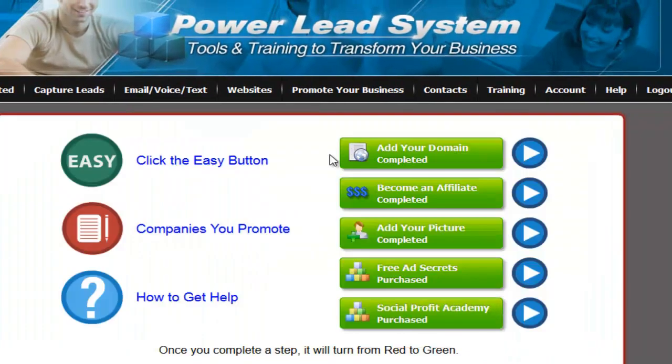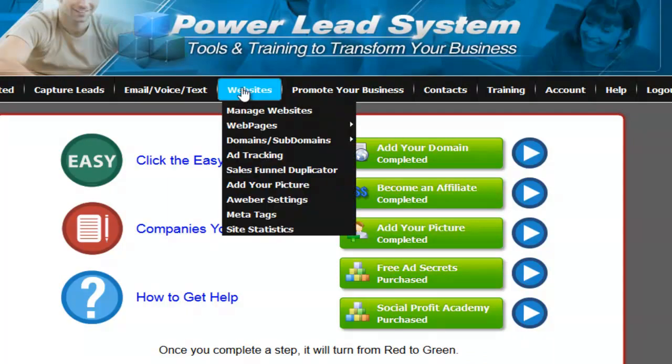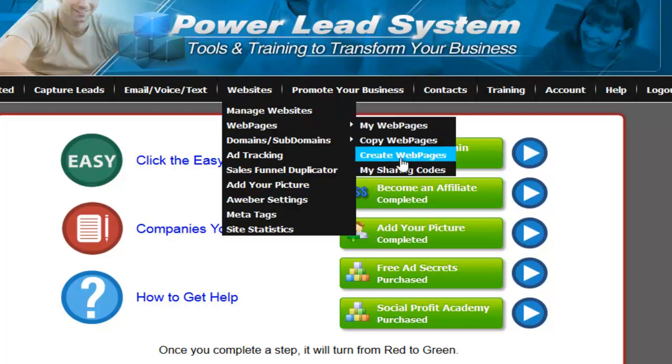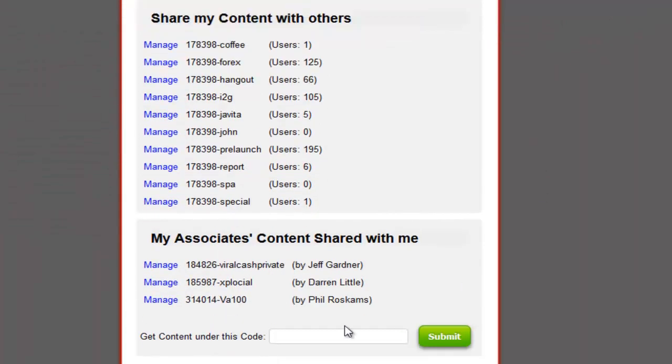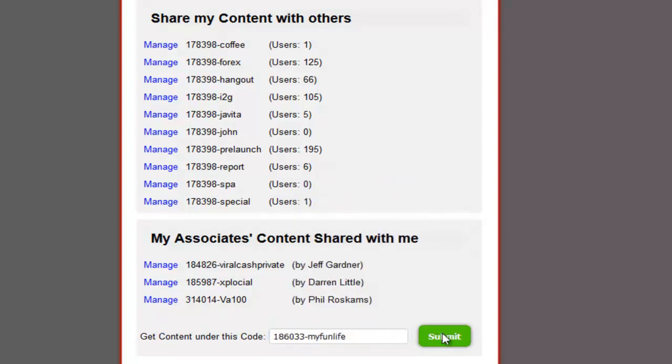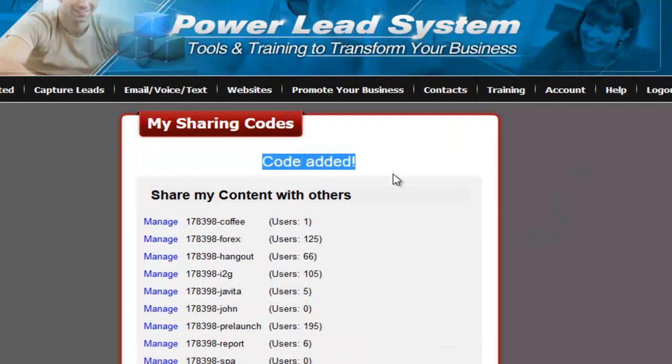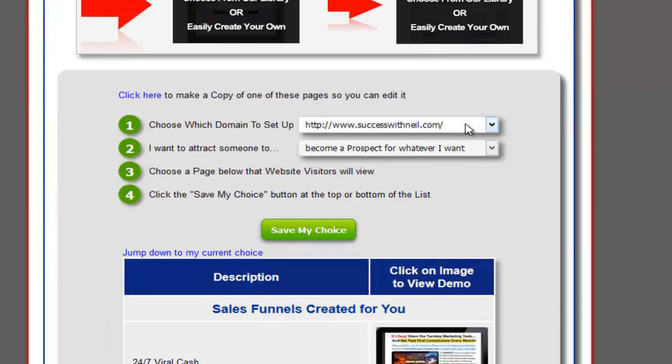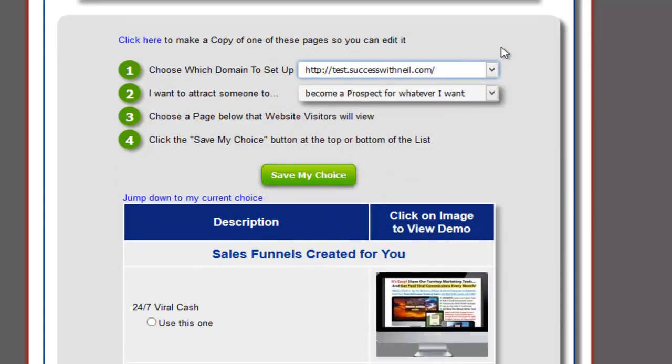I'm now inside another account, so I'm going to paste the share code in this account. I'm going to hover over websites, hover over web pages, click on my sharing codes, and I'm going to paste this brand new sharing code inside this account. I'm going to click submit, and it says code added. Now all that content is now in the website section. So what I'm going to do is I'm going to click on websites,